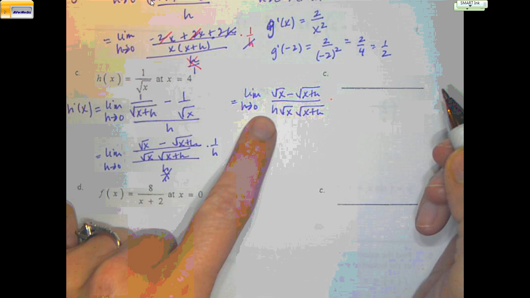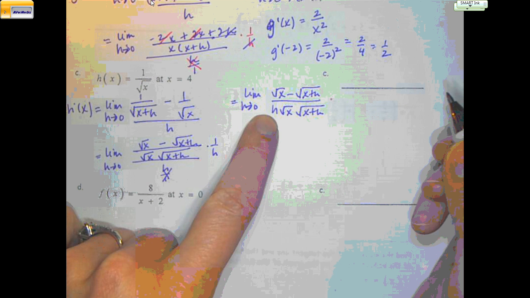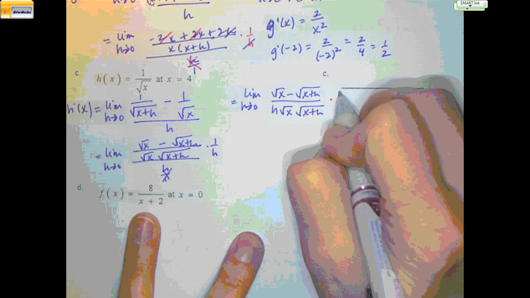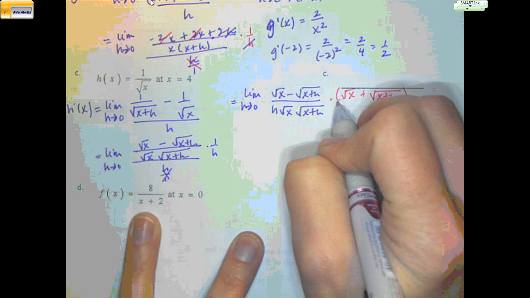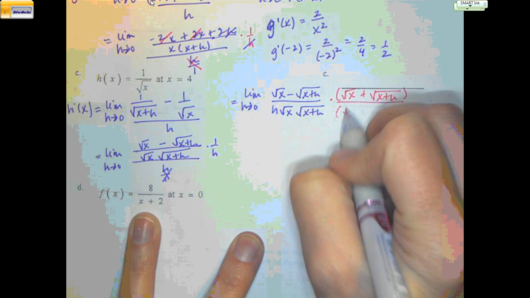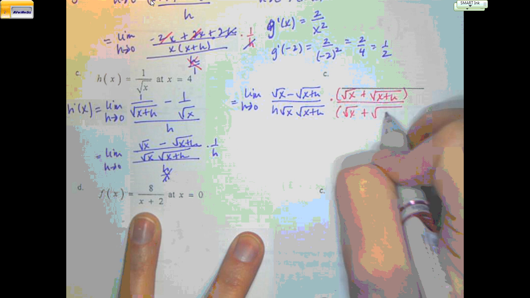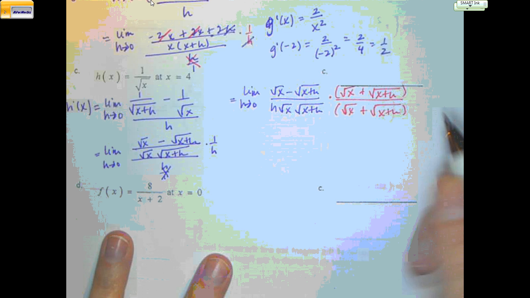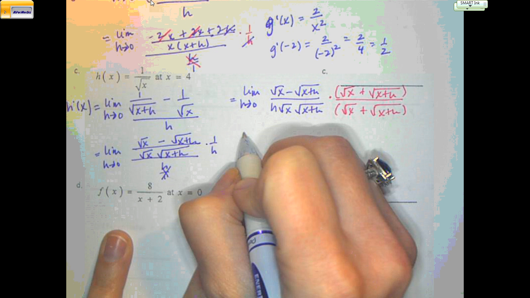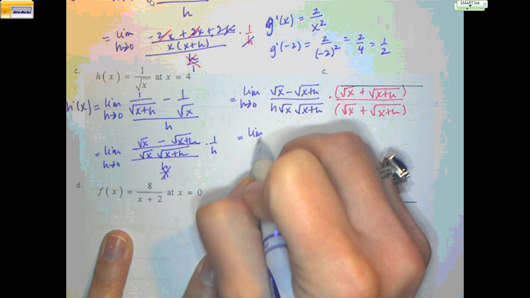If you plug in 0, it's going to make it undefined. There's an h right there. There we go. Multiply by the conjugate. So you take the middle sign. A conjugate is a binomial where the middle sign is the opposite. And the reason we do that is because when you FOIL on the top,